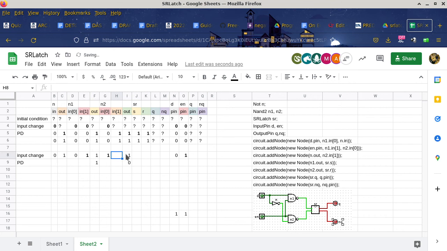So I just repeat everything from before. I do apologize for not putting this into consideration first. All right, so on row 9, this is the one pin that got changed. So everything else stayed the same, right? So we just copy everything from the previous row: 0, 1, 0, 1, and then 1, 1, 1, 1, question mark, 0, 1, and then question mark, and question mark. All right,